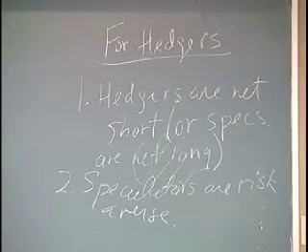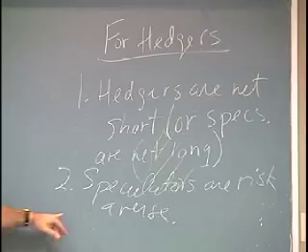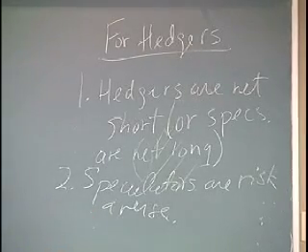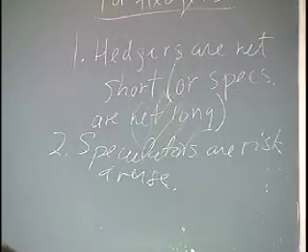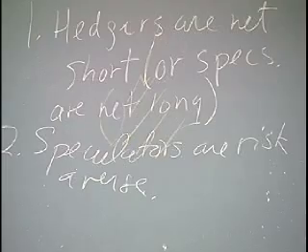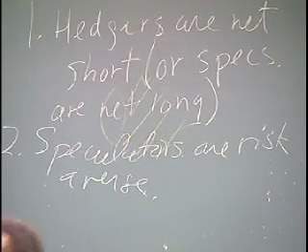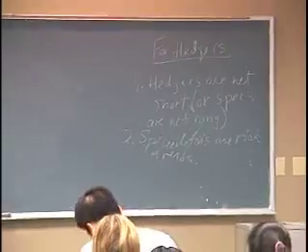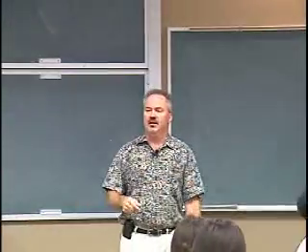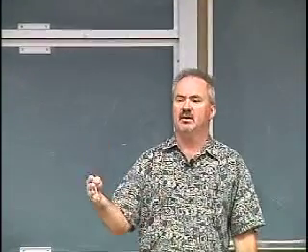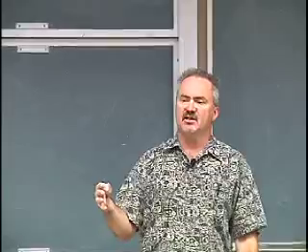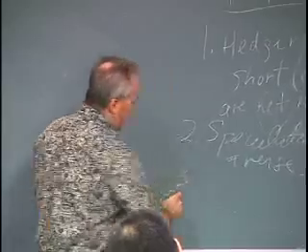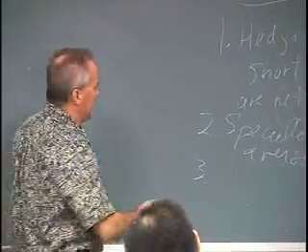Another way of interpreting this assumption of risk aversion, and we'll talk about a formal definition of that next week, but essentially it means that if you're speculating in the market, you're investing to earn a profit, and you're not going into this market with the expectation of a negative return or a zero return. You're trying to make a profit. So you're risk averse. And the third assumption is that speculators